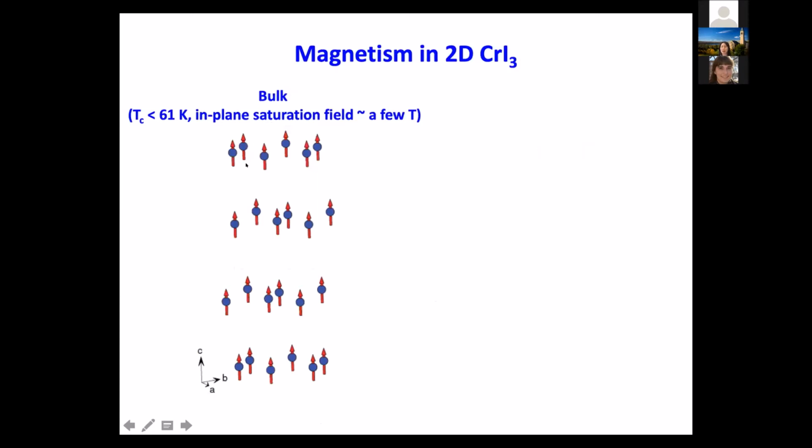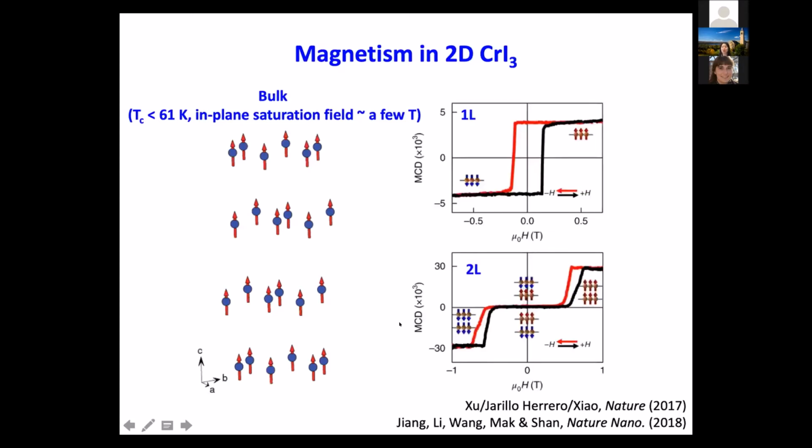And easy axis is out of plane, and you need to apply about 5 Tesla to rotate the spin to the in-plane direction. And what's interesting is that when you exfoliate this material down to 1 layer or 2 layer, they are still magnetic. So what I'm showing here is result from